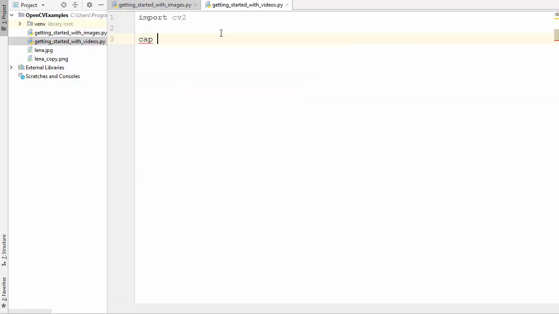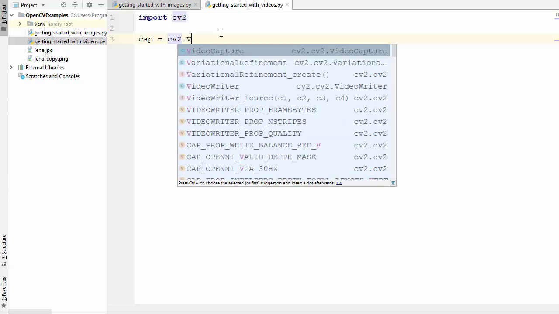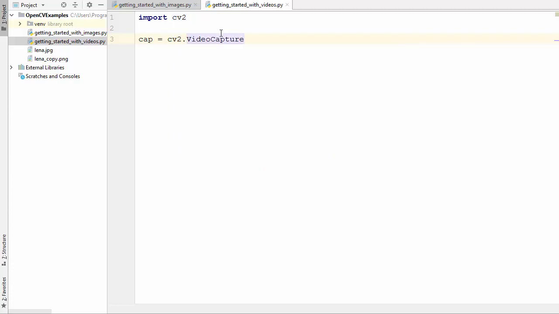So I'm going to just create a variable called cap, and then inside your cv2 package there is a class called VideoCapture. We are going to take this class and create an object of it, and as an argument here you can provide either the input file name. So for example, if you want to just read the video from a particular file, you can give the file name, for example my file.avi or mp4, or you need to provide the device index of your camera from which